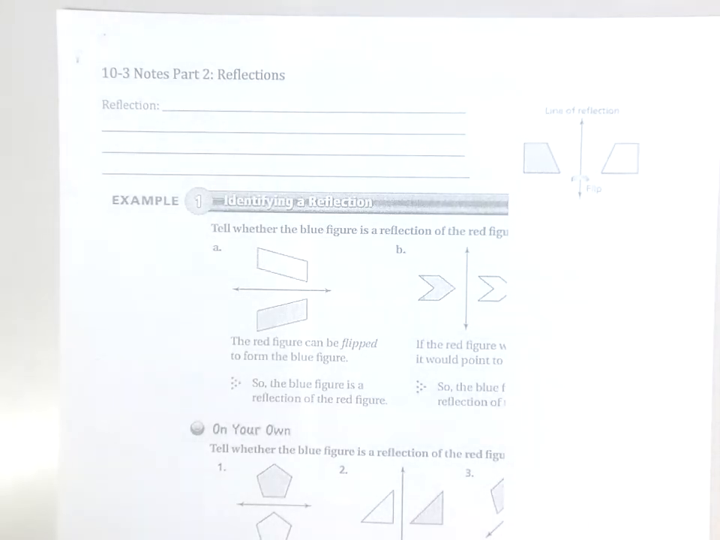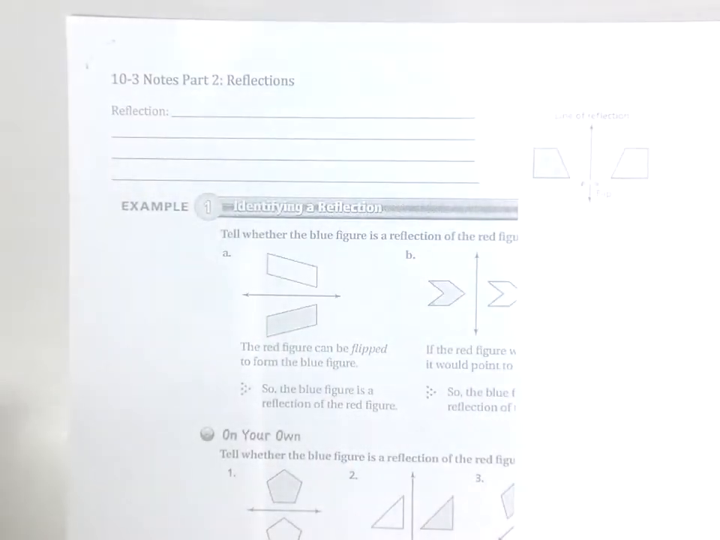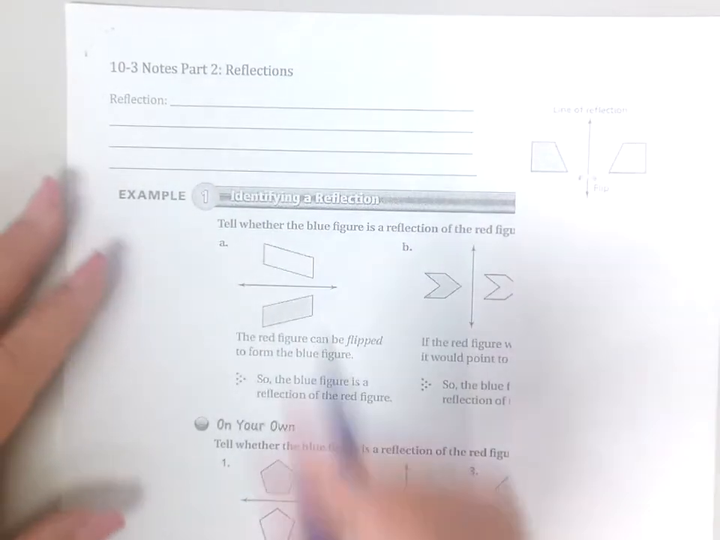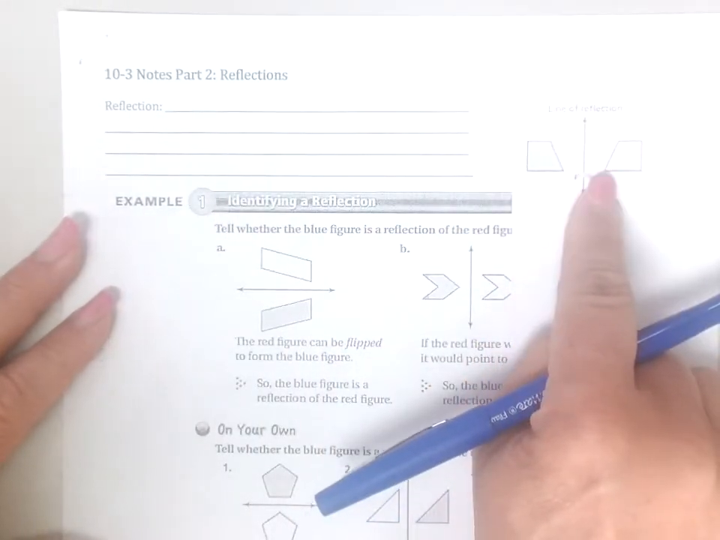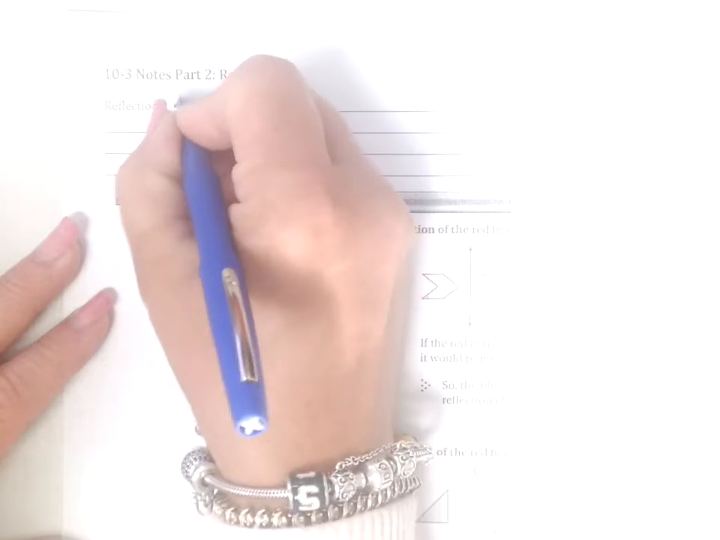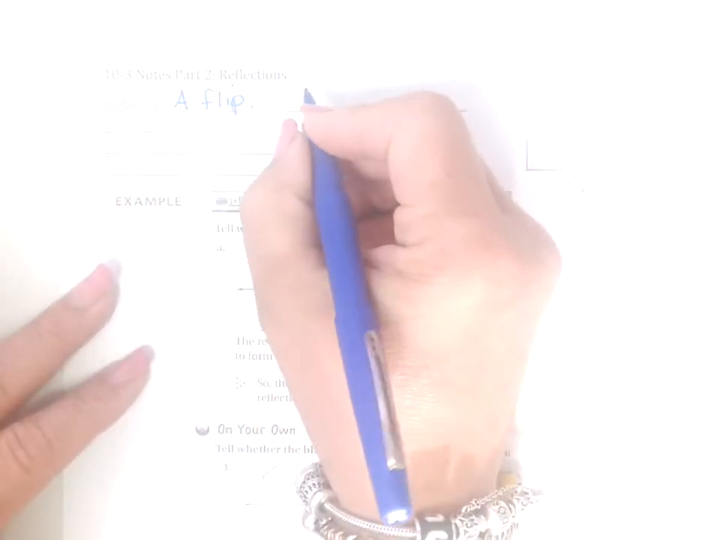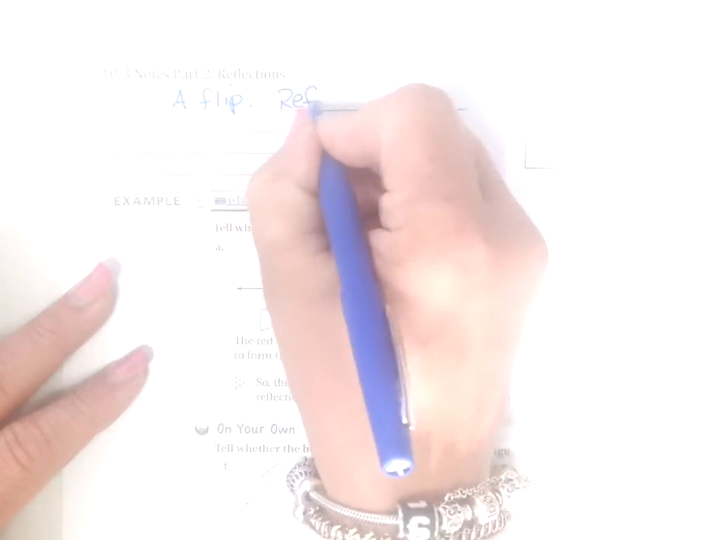Hey, today we're going to do 10.3 Part 2, Reflections. So of the 4 different movements, this is the second one, a reflection, which if you look at the picture, looks like it was flipped over that line of symmetry. So sometimes you'll see a reflection referred to as a flip. It's reflected